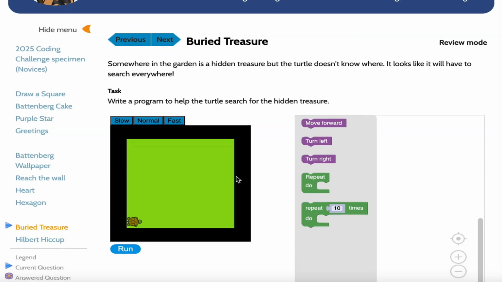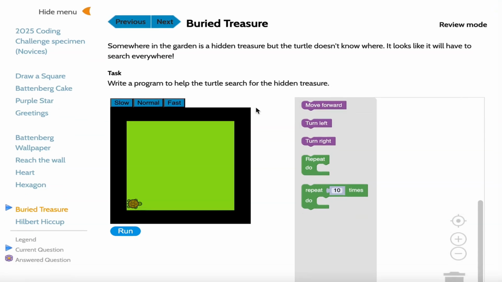The question says, somewhere in the garden is a hidden treasure, but the turtle doesn't know where. It looks like it will have to search everywhere. The task is to write a program to help the turtle search for the hidden treasure. Now, we have a very simple turtle diagram here. The turtle is located at this place right at the beginning. We can see we have some options, slow, normal and fast, which will of course help us to test the